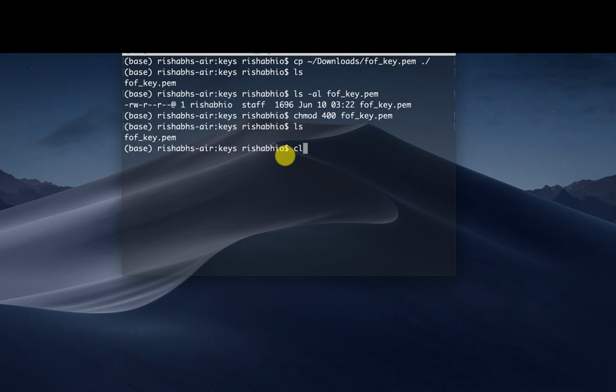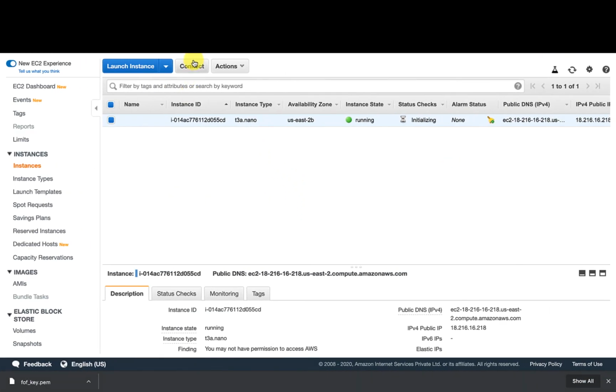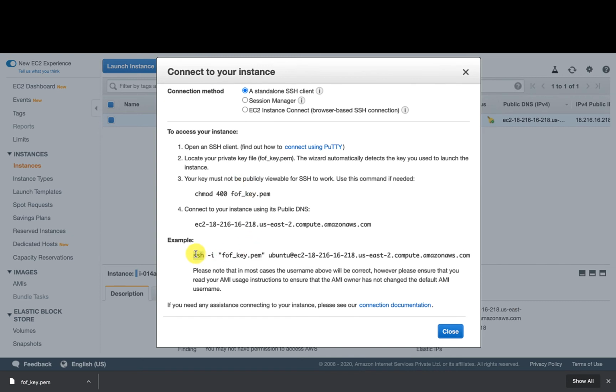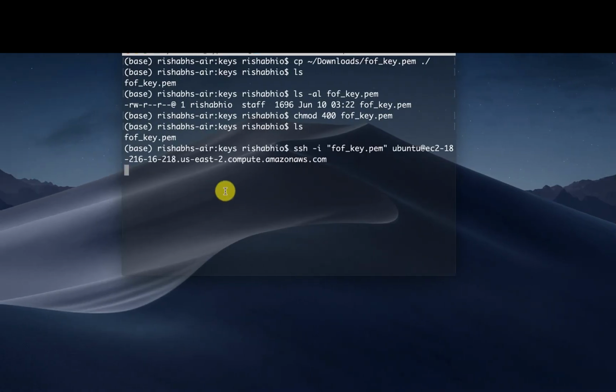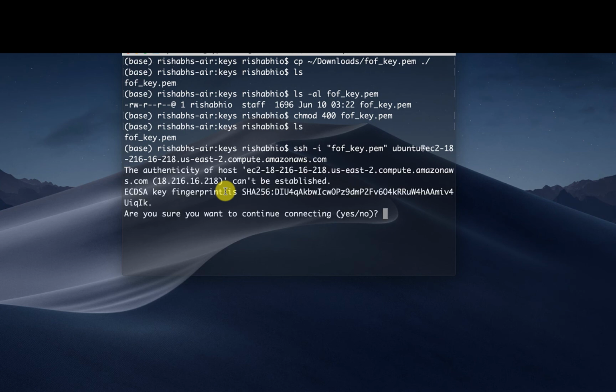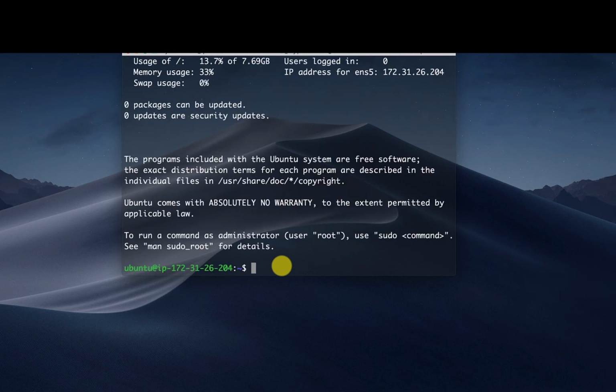Now we are ready to connect to the instance. So we'll simply use this SSH command. Okay, great.